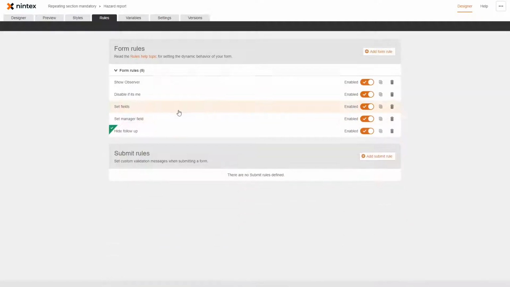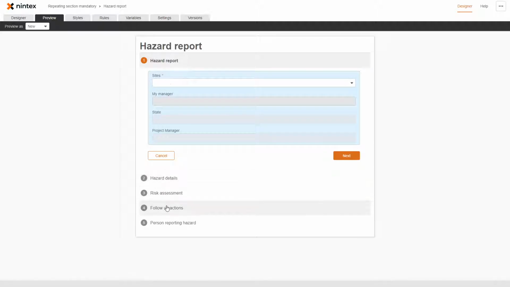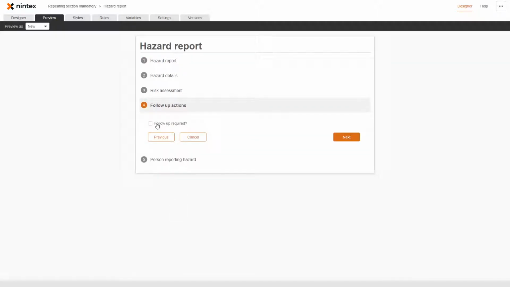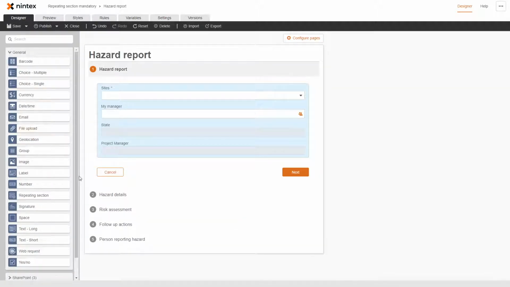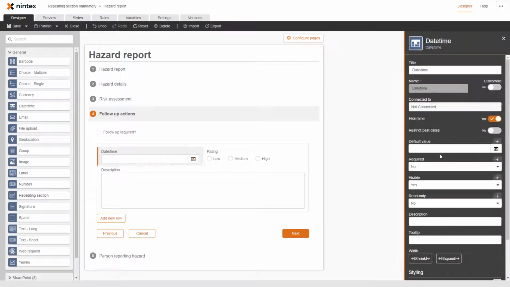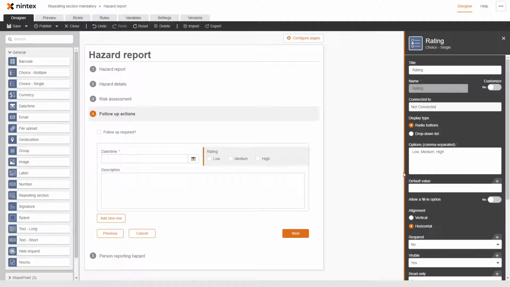visible is no. So then we go ahead to here and we come to follow up actions. So there's no repeating section, and you tick the box and it actually shows. Now, what the customer is also asking is, well, what if I wanted to make these required? So if I make these required and make this required, is it still going to validate if it's hidden? So what actually happens is